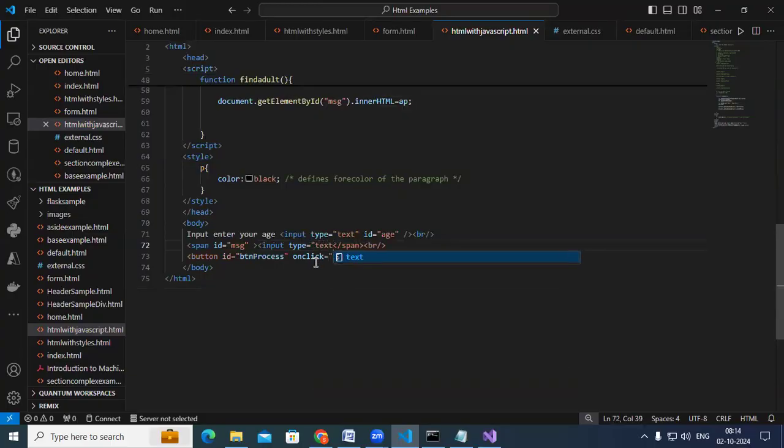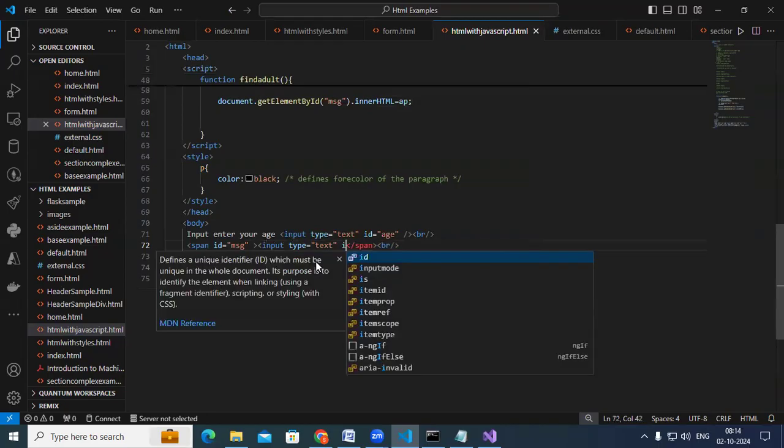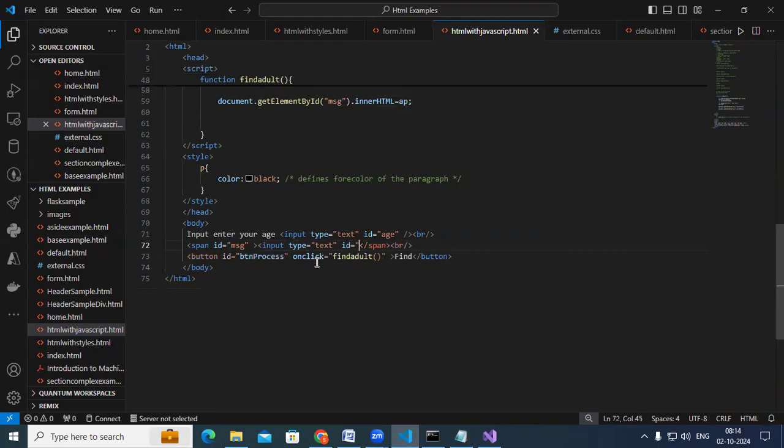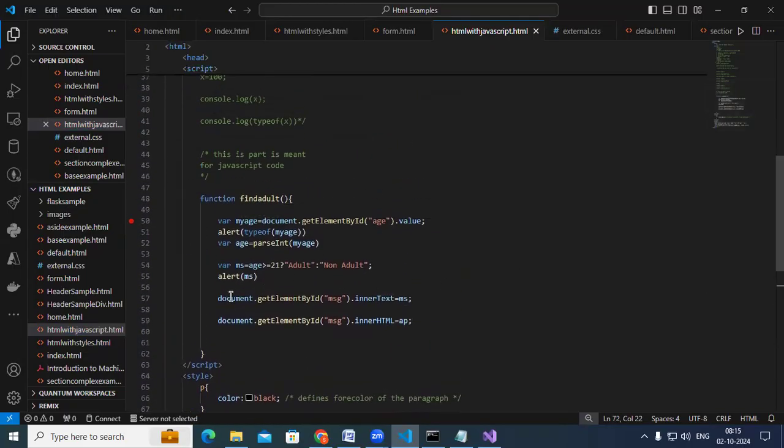Okay, type equal to text I can have here, then followed by ID equal to something like my text, my txt. I can put it like this. Okay, then I can close this way. So this particular part I want to embed within the given span. Therefore, I come to this part and declare here where